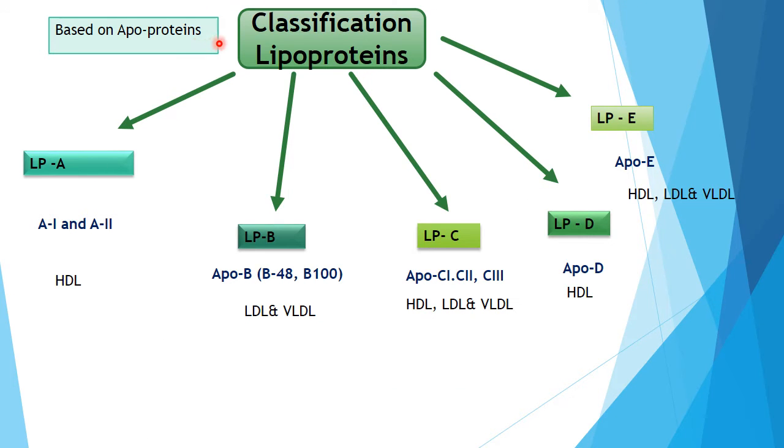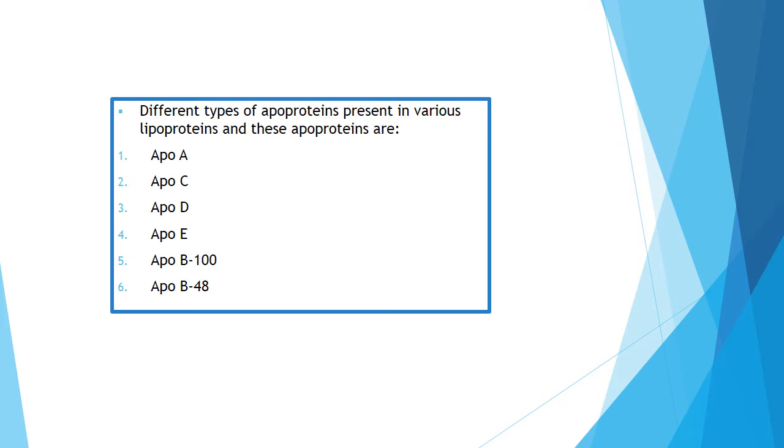Based on apolipoprotein, the lipoproteins are classified into lipoprotein A, which is HDL; lipoprotein B, which is LDL and VLDL; lipoprotein C, which is HDL, LDL and VLDL; lipoprotein D, which is present in HDL only; and lipoprotein E, known as ApoE, which is present in HDL, LDL and VLDL. The different apolipoproteins present in various lipoproteins are ApoA, ApoC, ApoD, ApoE, and ApoB, which is of two types,